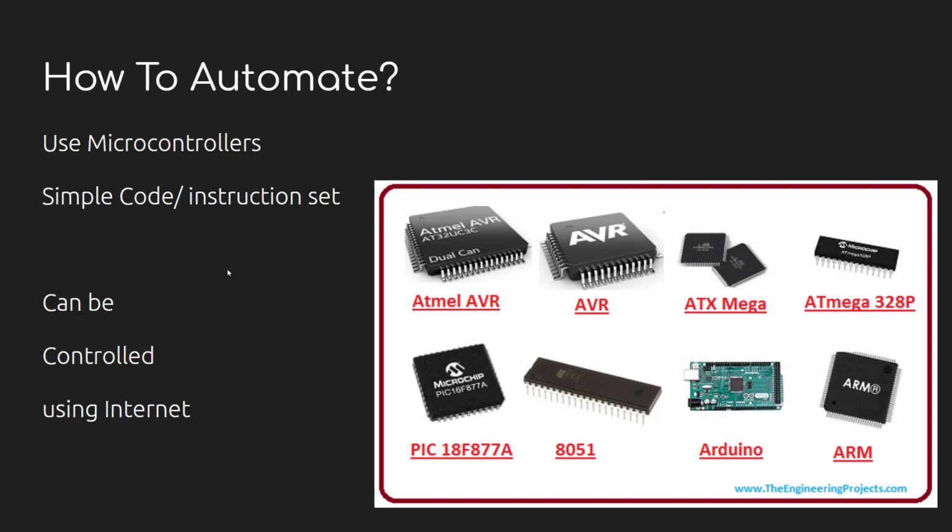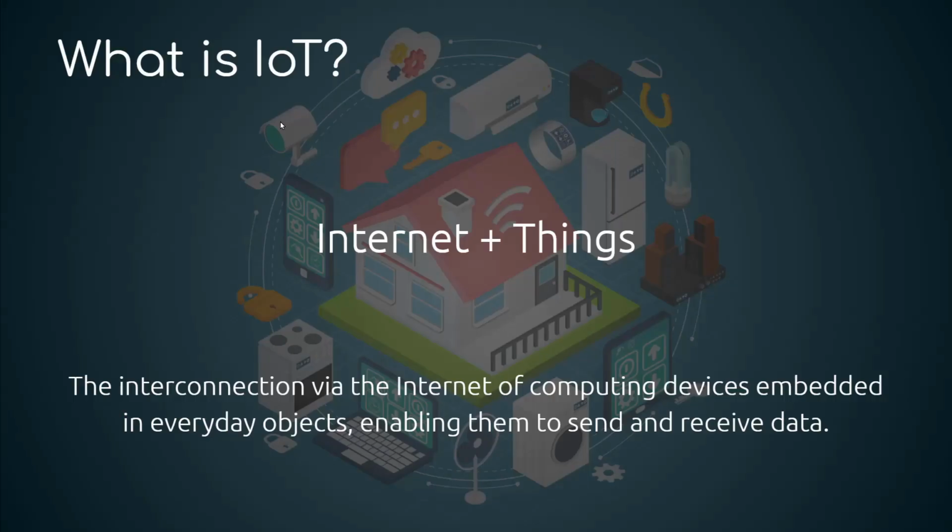Once we have this automation using microcontrollers, these devices can be connected to the internet. For example, Arduino can be connected to the internet, your phone can be connected to the internet. If things are getting connected to the internet, that will become IoT. I hope you are with me. What an IoT actually is, is internet plus things. There are things which are controlled or handled by microcontrollers and that are connected to the internet. So it's a very basic crude way of explaining IoT. This interconnection of devices or everyday objects is very important so that we have a peaceful life. That's the idea of IoT.